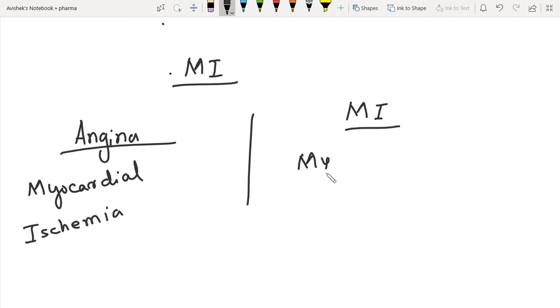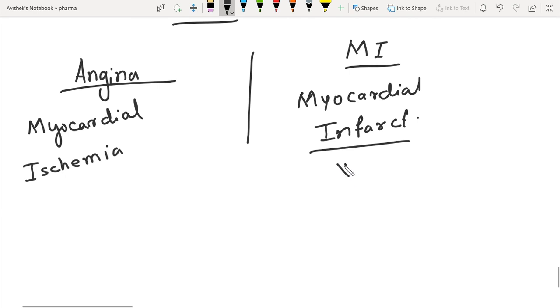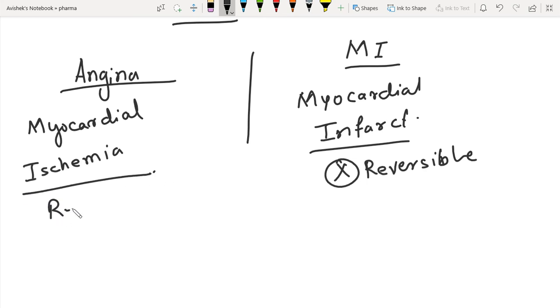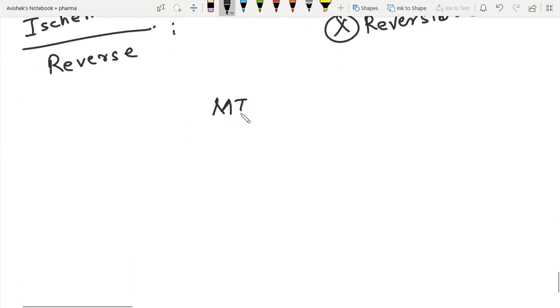The name itself says myocardial infarction. Infarct means dead, so this is not reversible. Angina can be reversible. So in MI, when it is not reversible,